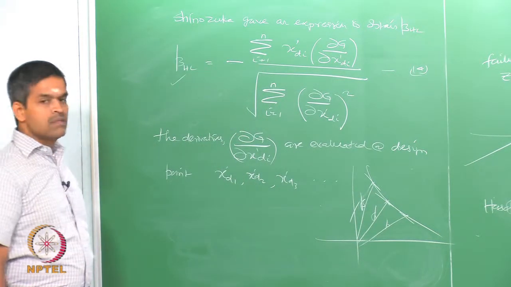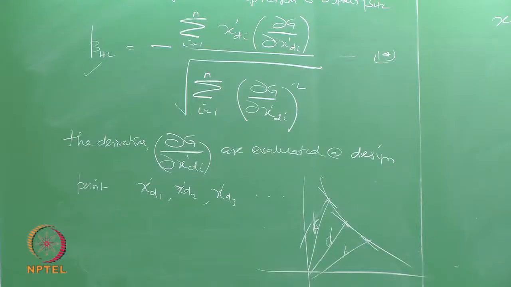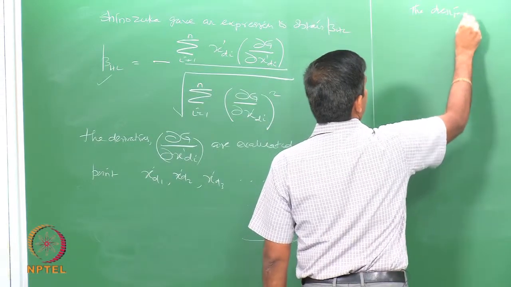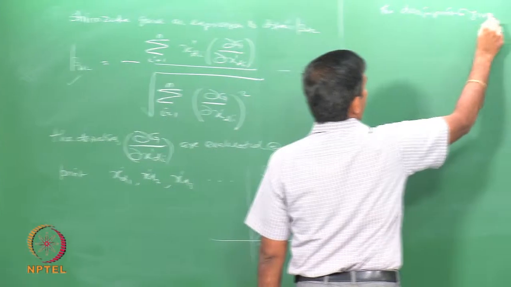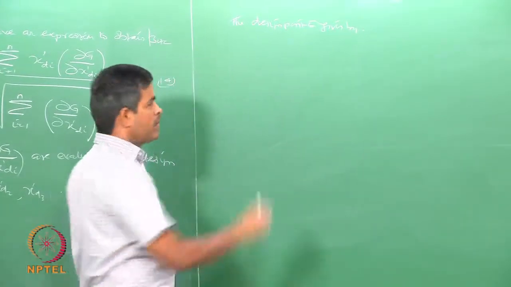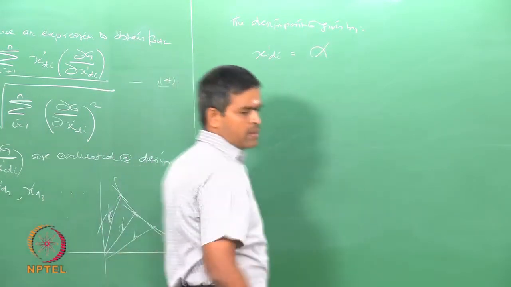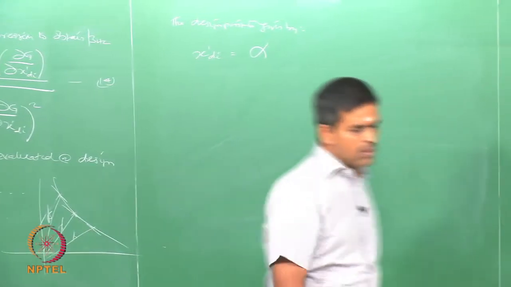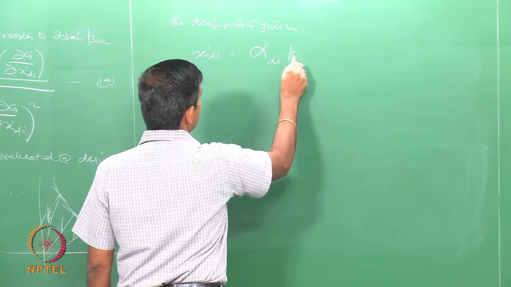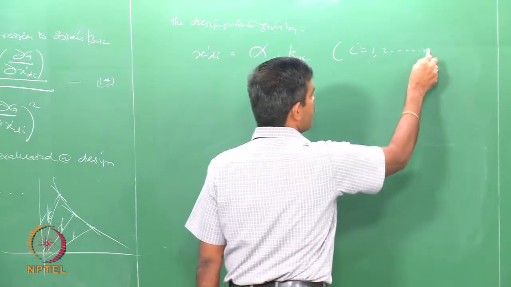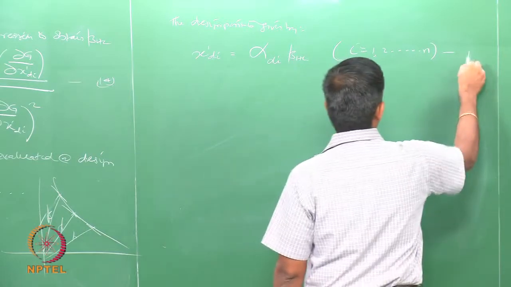Now, the question is how to get the design points. The design points are given by equation number 15,